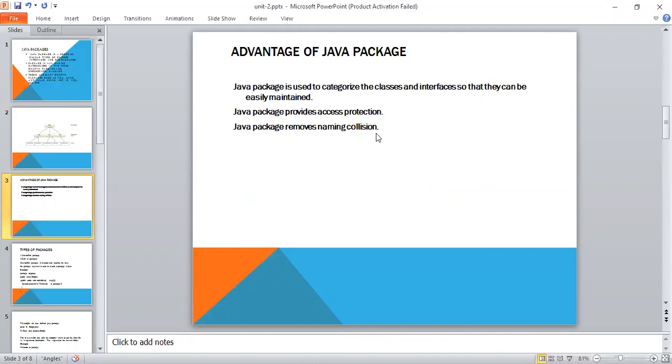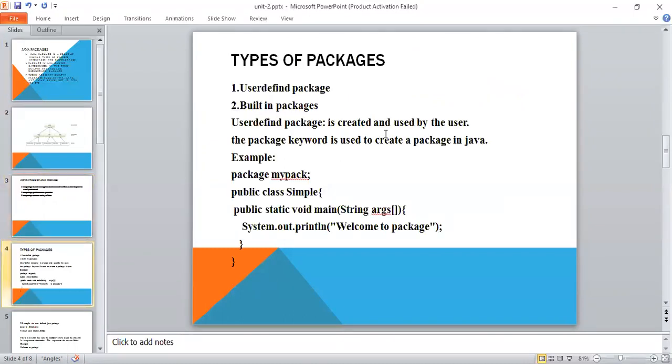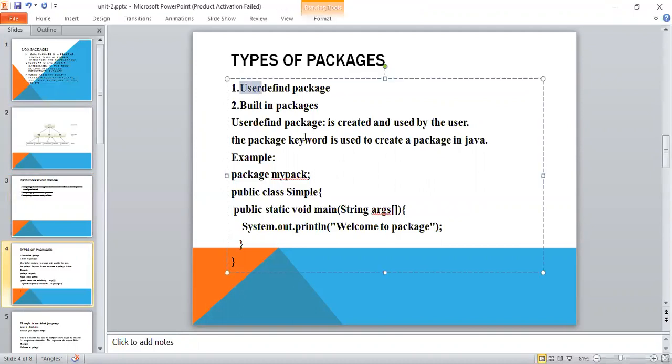Now, what are the types of packages we have in Java? In Java, we have two types of packages called user-defined package and built-in package. First of all, we discuss user-defined packages. A user-defined package is a package defined by the user or by the programmer.